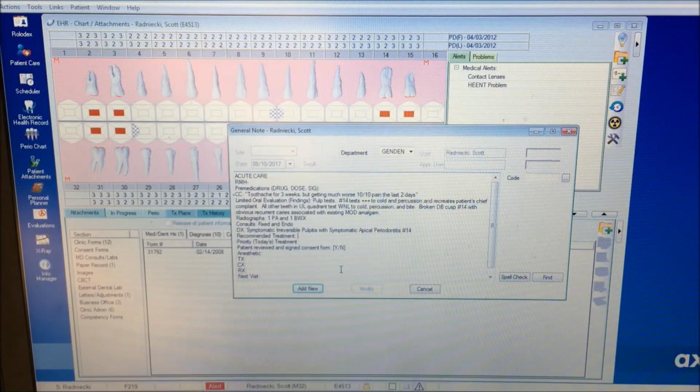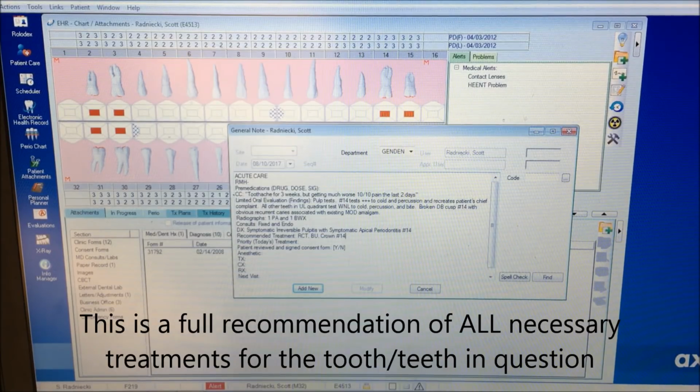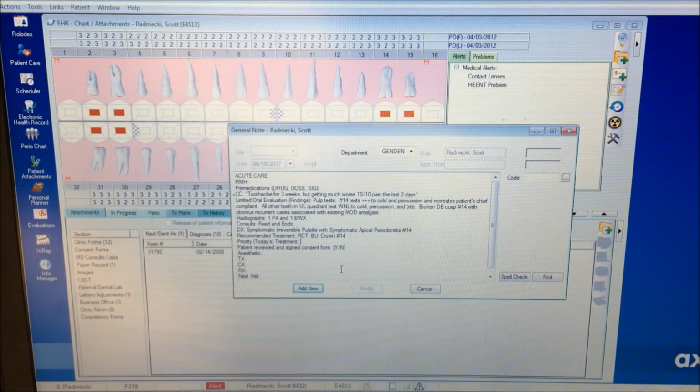Recommended treatment. This is what we recommend overall. So we're going to say root canal, build up, crown, number 14. Priority treatment, today's treatment, that's what we're going to do today. That is the first thing we are going to do when we are done talking to the patient about their